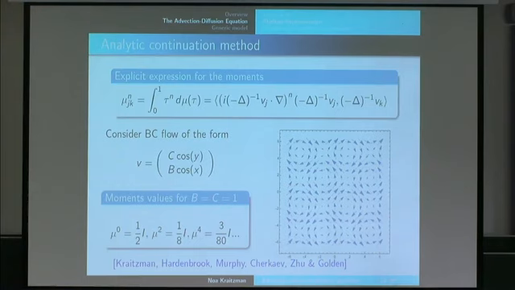So, we consider a BC flow, and once we have a BC flow, we can actually calculate all the moments, or until we get tired of calculating moments. And once we have all the moments, we can obtain bounds for the BC flow. Now, I'm not claiming that a BC flow is a realistic type of flow you will see inside the sea ice. However,